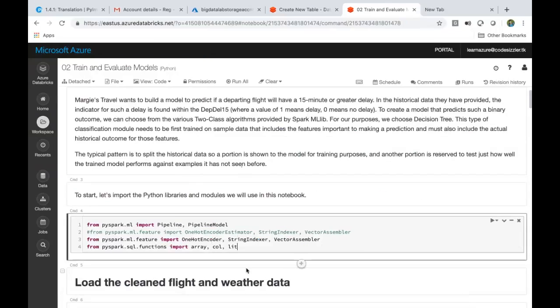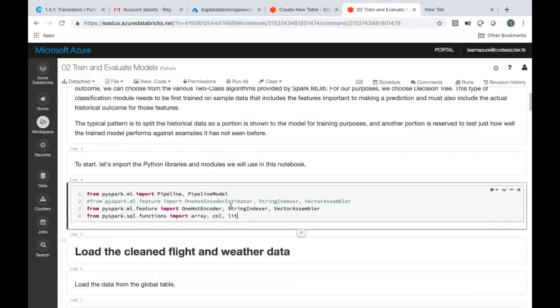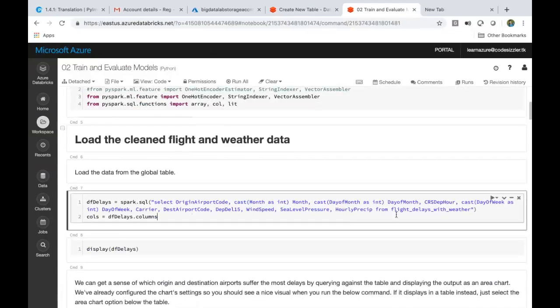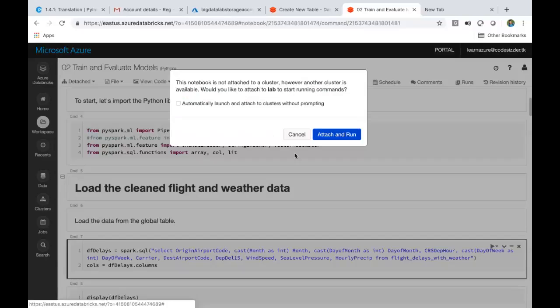You're getting all these columns and everything. This is okay. Now, see here, what I'm trying to do is get the record, select origin code, month, date, all these things from my main table. I am also creating a data frame for columns, and all the columns are passed into this. Why? I'll tell you later on. Execute this.